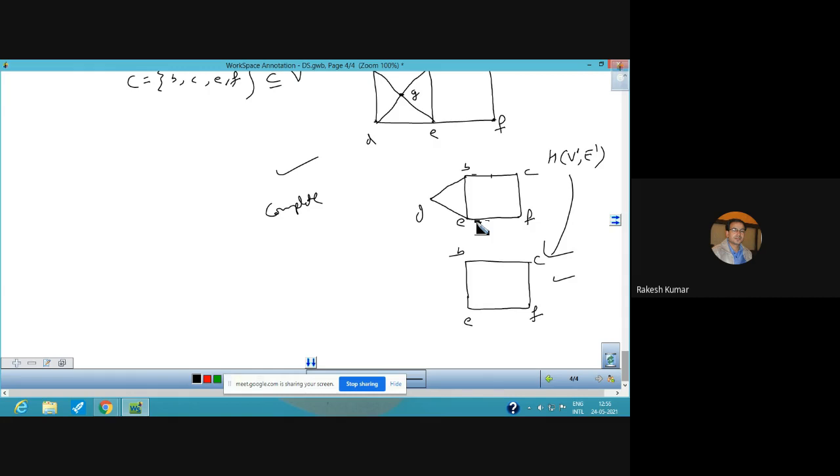We can find out the weight or the clique number. The clique number is denoted by W of G. The number of vertices in the maximal clique is the clique number. So the maximum number in this clique is 4. So that is known as the clique number, or the size of the largest complete induced subgraph. This is the meaning: the size of the largest complete induced subgraph.